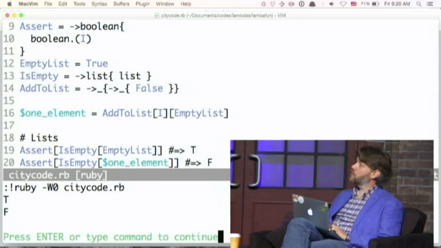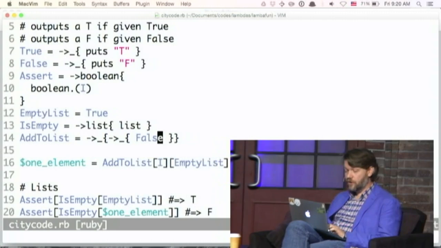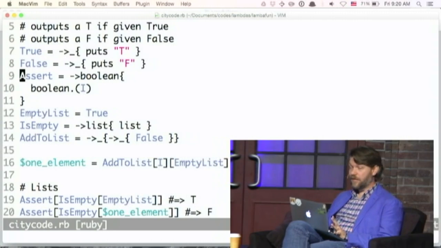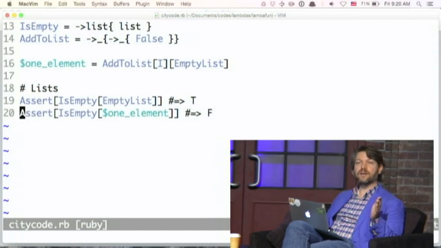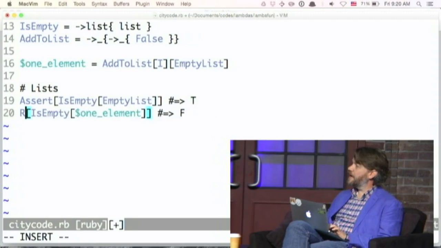So I have this now. What I have is a way of defining whether or not something is an empty list or not an empty list, which is great. Now I'm done. But of course, with a list, there are parts to it and things like that. And when I'm doing testing, you don't want a mix of T's and F's, because F's are generally considered failures. So instead, I'd really like to have a function that returns me,